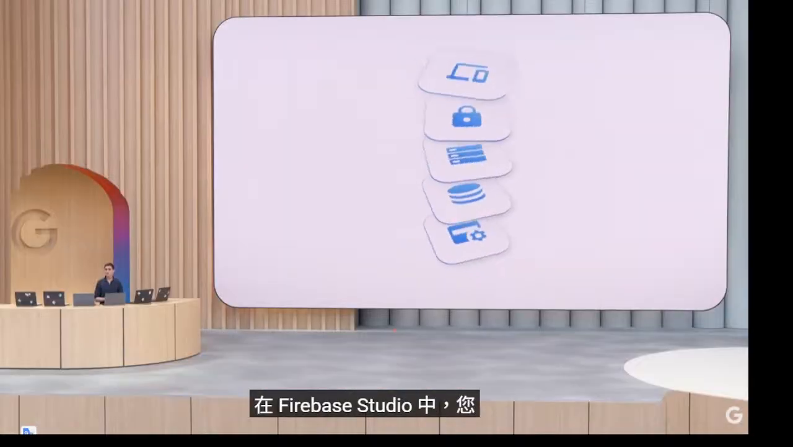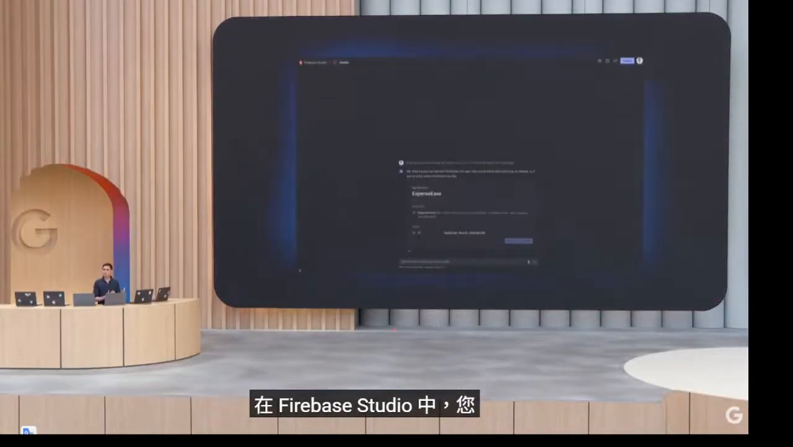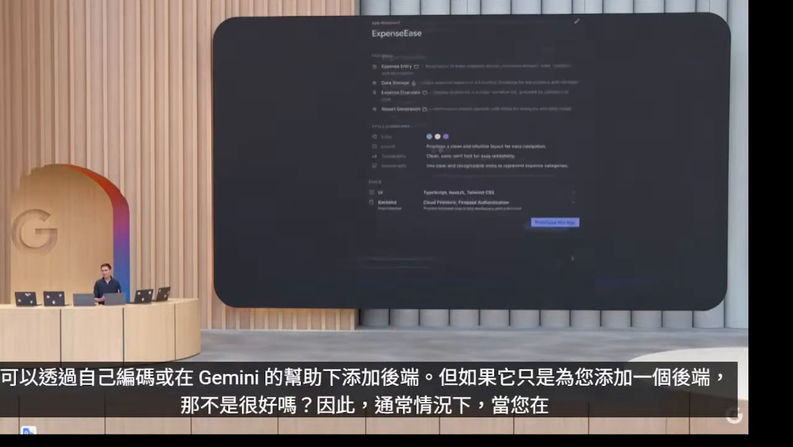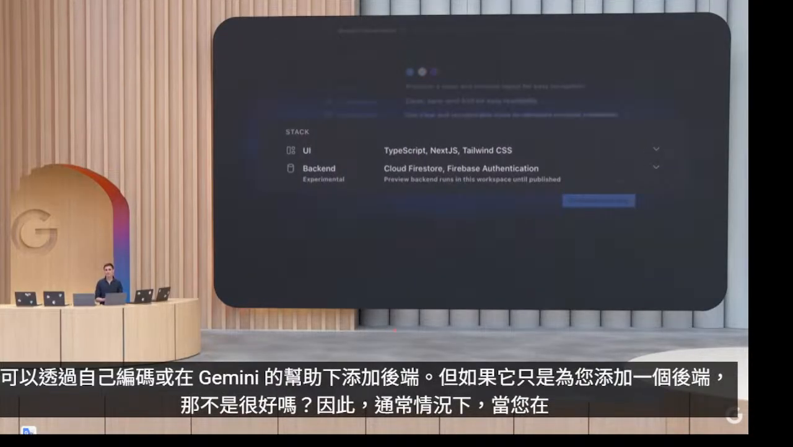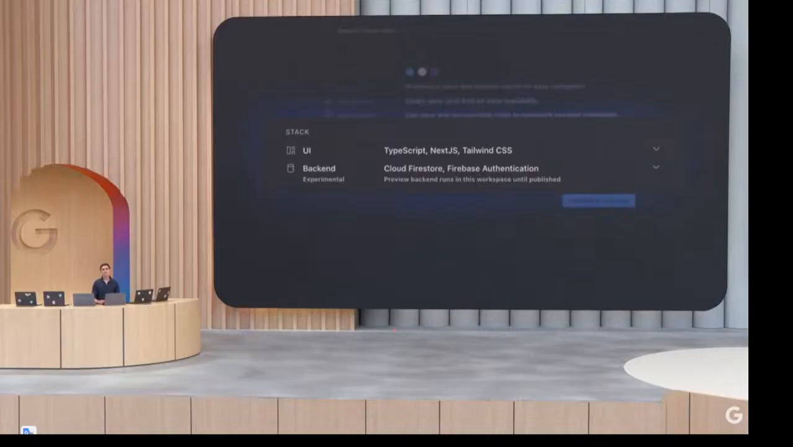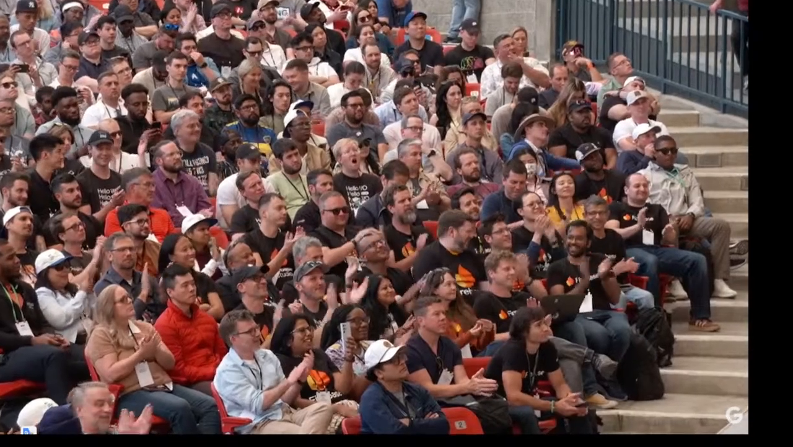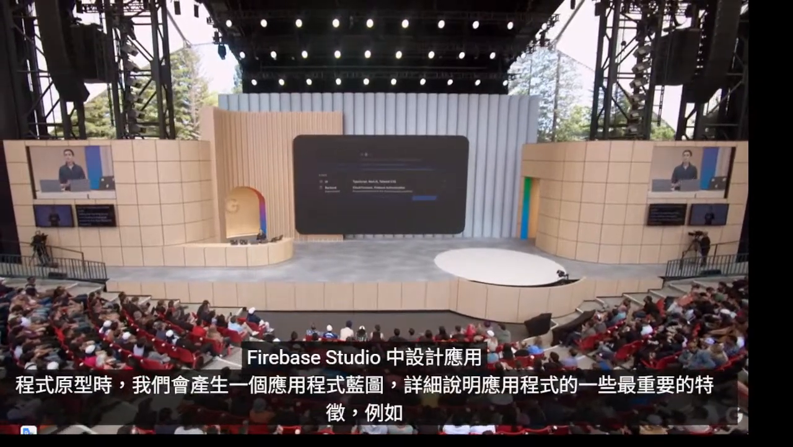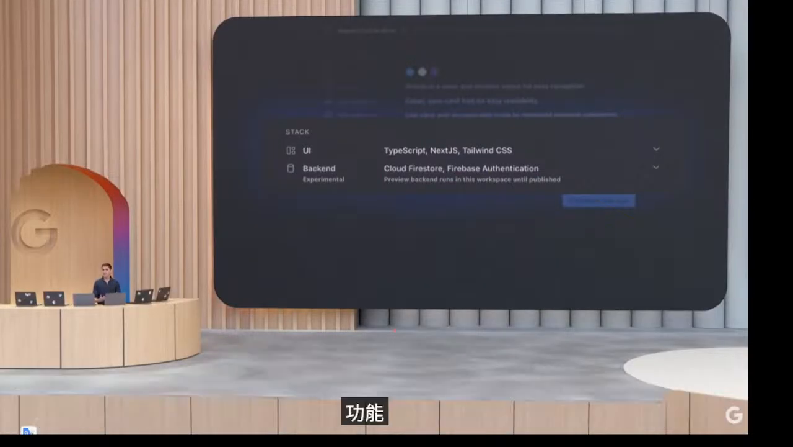So normally, when you're prototyping apps in Firebase Studio, we generate an app blueprint that details some of the most important characteristics of the app, such as features and a style guide. Well, rolling out starting today, we're adding a backend section to the app blueprint. Firebase Studio will detect when your app needs a backend and provision it for you if your prompt includes a